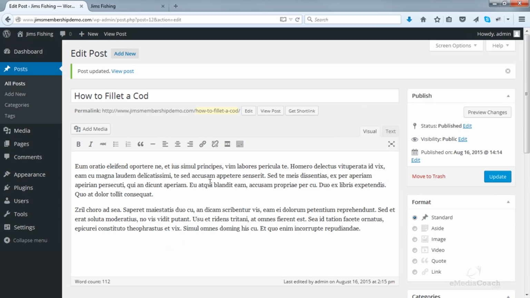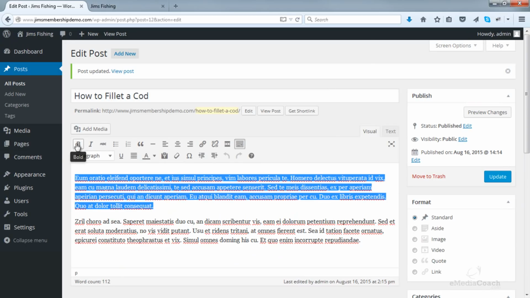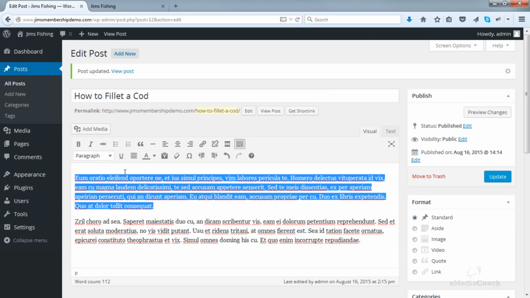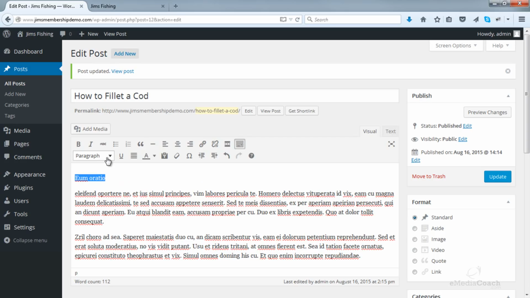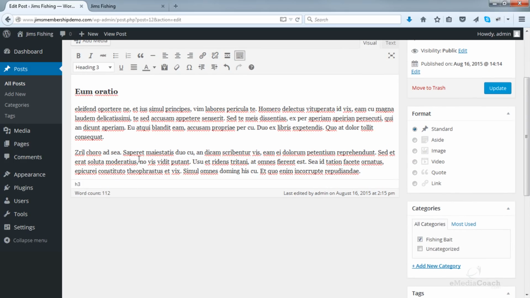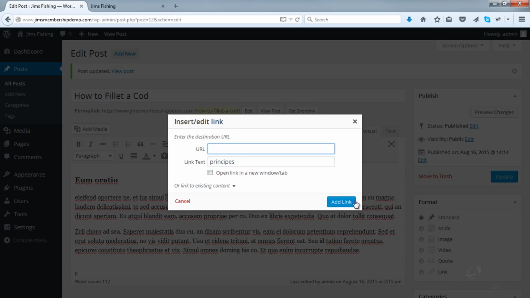Now, one more thing before we get started. This editor here is a visual editor. Whenever you're in the visual tab, you'll see all these options available, and it's just like Microsoft Word. What you see is what you get. You can put headings. If that was a heading, you would use a heading setting there, etc. I'm sure you're aware of how to use this. You can click on something and link and insert a URL and add a link.